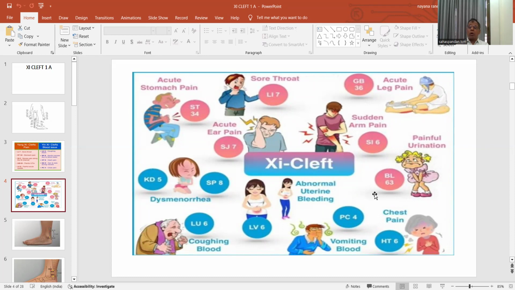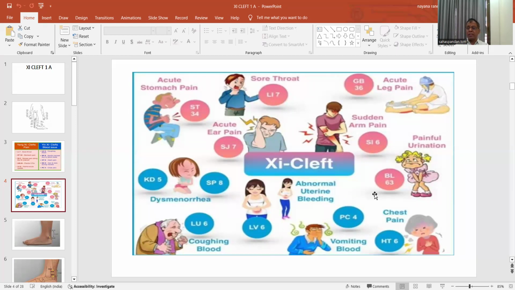For example, if you needle bladder 59 on the yang stepping vessel,